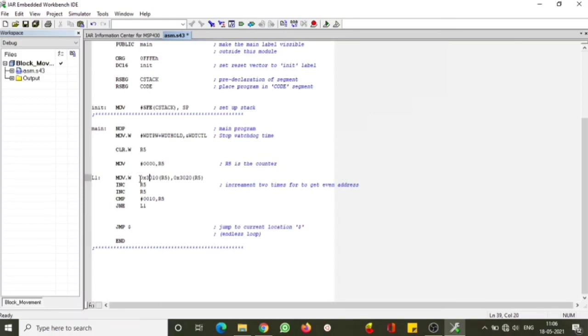Then we are trying to move the data, so we are supposed to specify the address. We have used 0010 and it is supposed to move into 0020. When we are using this with a bracket, we are calling it indexed addressing mode. Indexed addressing mode is nothing but the address value that you have specified here being added with the value of register R5. Currently it is 00. Later on we are incrementing the values of R5, so that value will be added. That address will be fetched and moved into the next indexed addressing mode location.